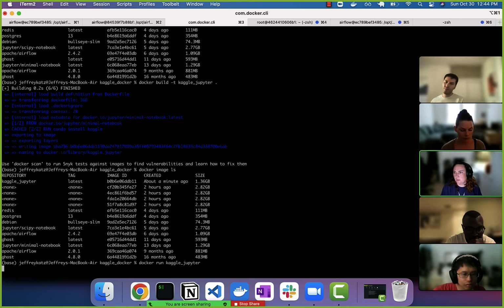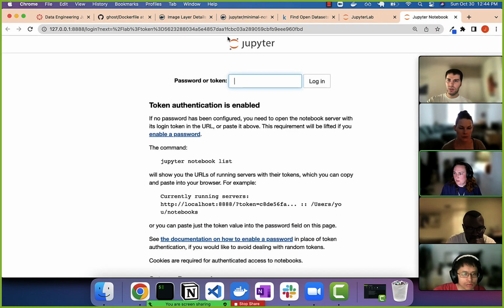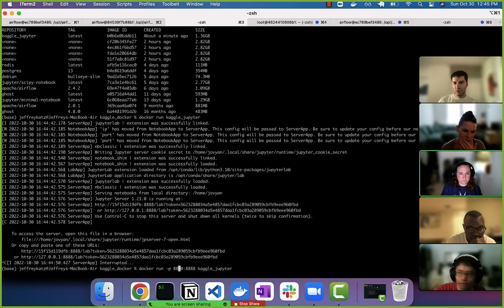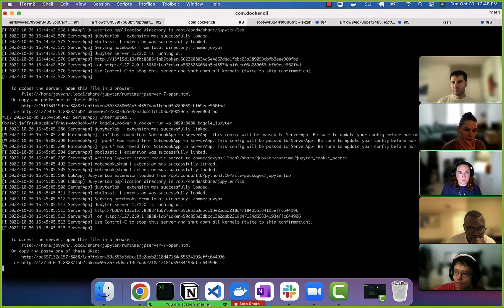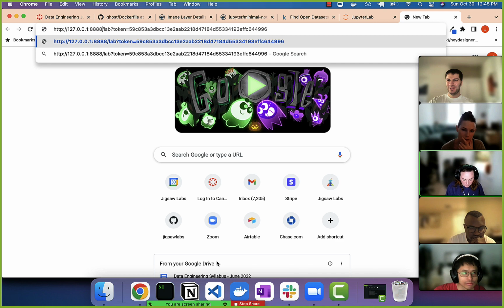If we do this, we're missing something. We want to be able to access this thing at port 8888. We won't be able to, because what we need to do is the -p thing. We need to map the port, let's give it 8890 to 8888. So this is my container's port, this is my host computer's port. Let's try this. We'll copy this and then hope that if I go to 8890,